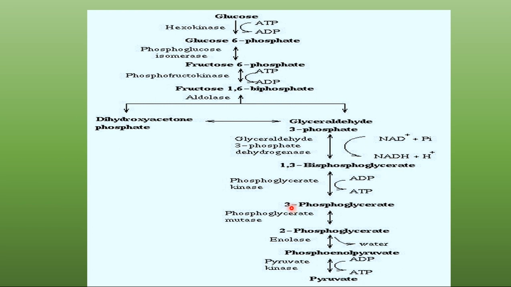And that's what we'll get finally. One is lost, so obviously 3-phosphoglycerate will be formed. And the enzyme that is catalyzing this reaction is phosphoglycerate kinase. Okay, what is it called? Phosphoglycerate kinase. And one more important point here is the formation of ATP is going to occur because of a